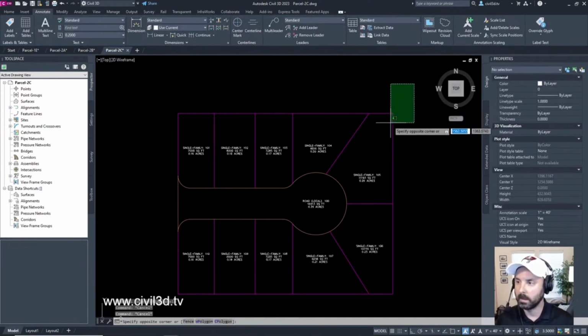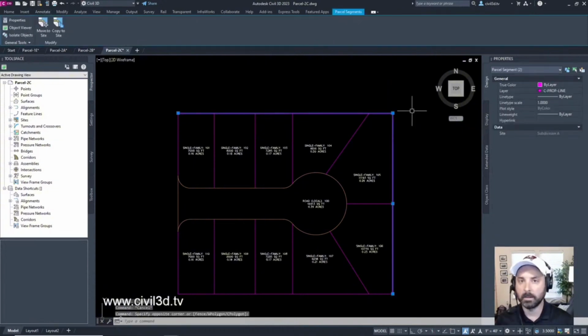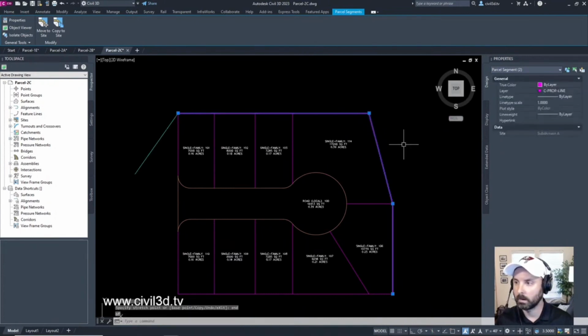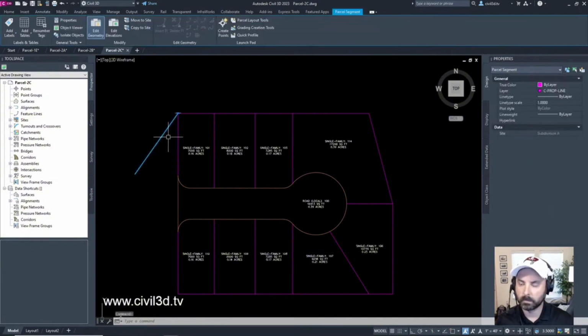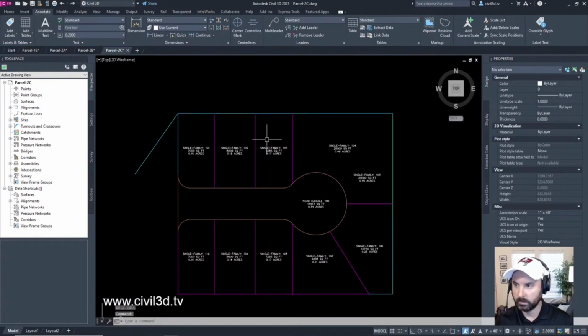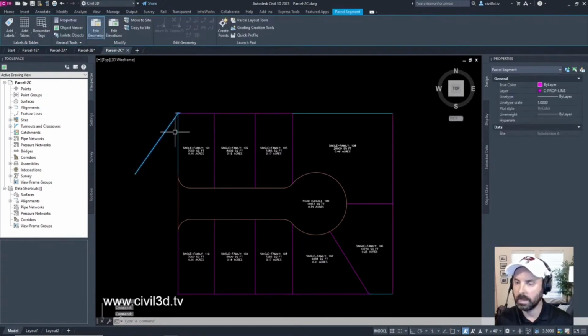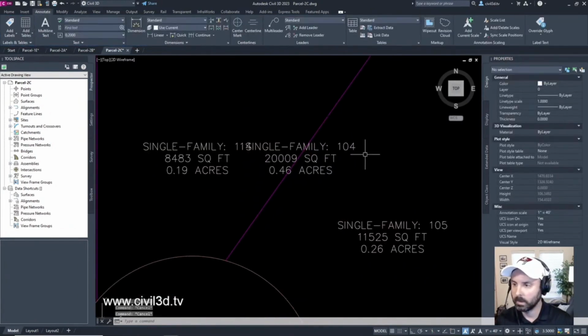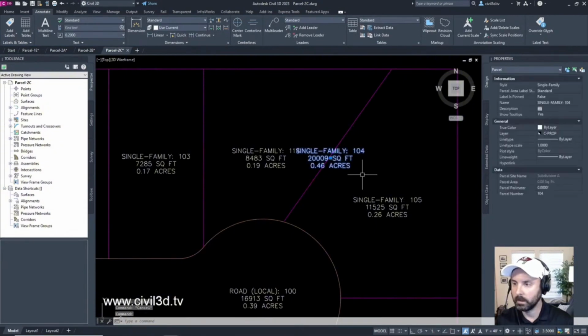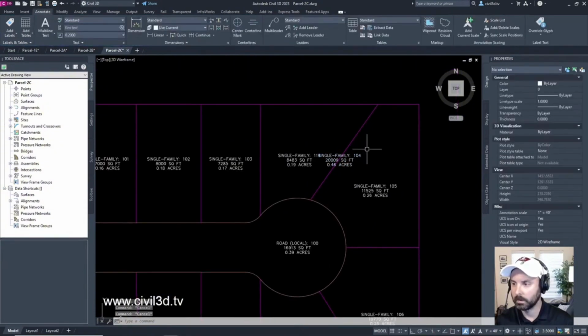Instead, I'm going to select both of these lot lines and then move the grip over to here. Uh-oh. That's not what I want. Even if I undo this, it'll still leave that slide lot line. So it gives me these goofy results. See, it's even creating a separate parcel from it. I want to undo this. Let's reopen parcel 2C again.